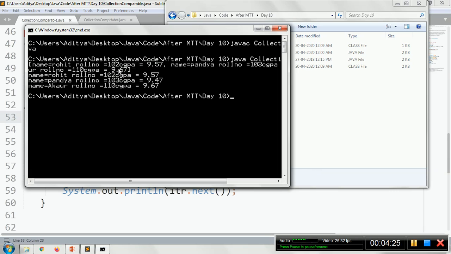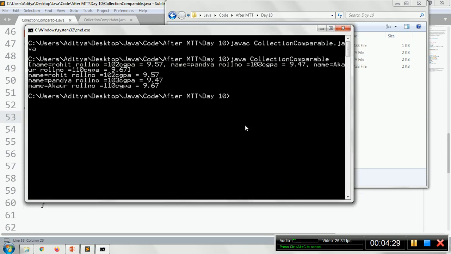You can see that the data has been sorted as per roll number: first 102, then 103, and then 110. With the iterator we are printing the data one by one, in sorted order: 102, 103 and 110.